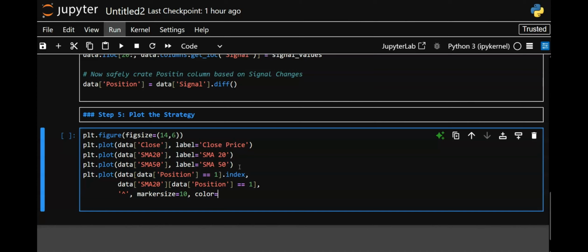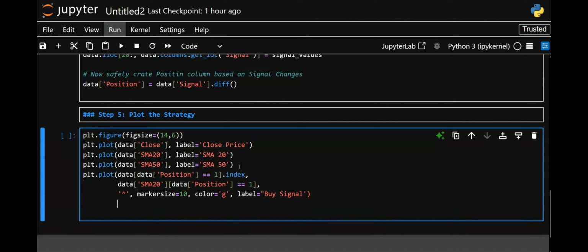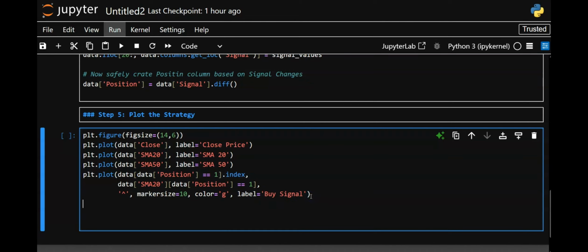So color equals 'g' for green, and then you want a label to equal 'buy signal'. So that's what I want it to say. So when this hits 1, it's going to be green, and it's going to say buy signal with an arrow up. Oh, and I see here that I put double quotation instead of single. And then now enter,